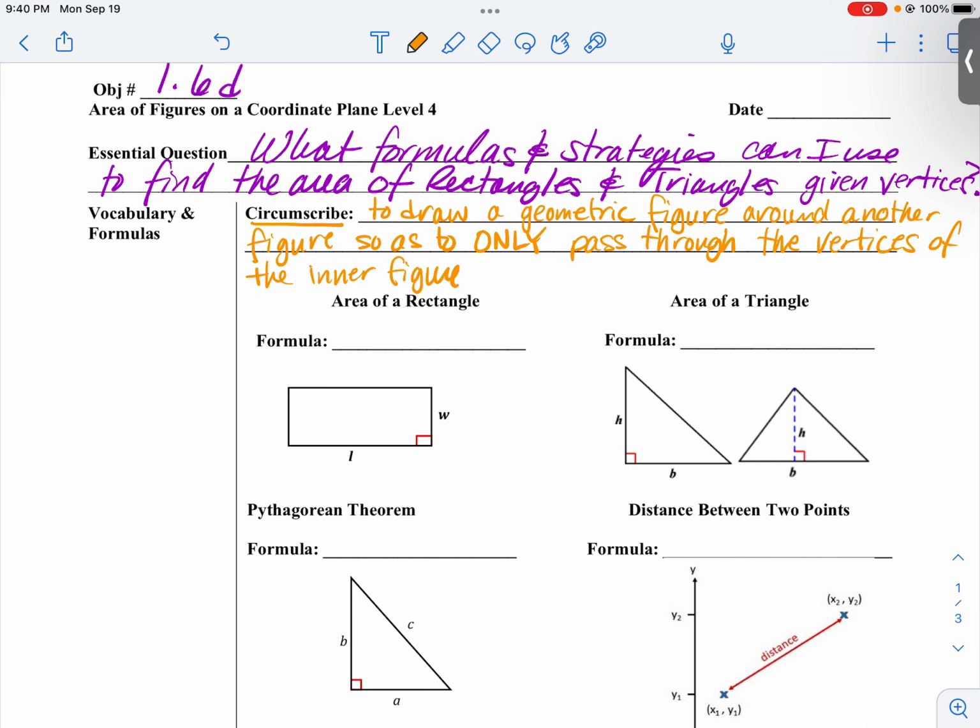So like with most things, I give you the definition and then we'll go through and explain it. But that's what circumscribe is, to draw a figure around another figure so that we only touch the vertices